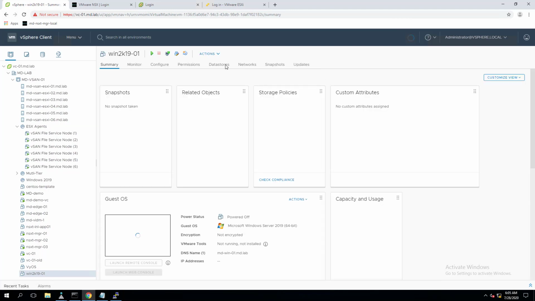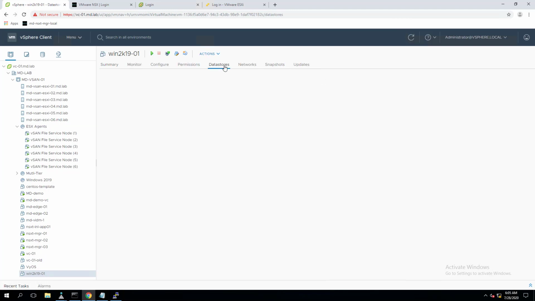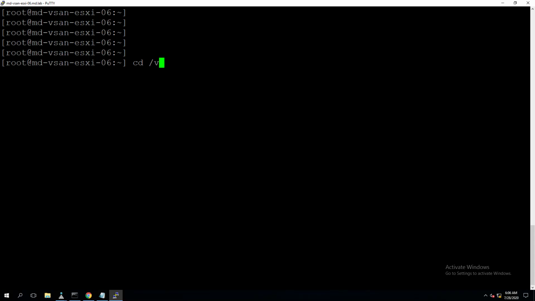There are some instances where we need to change the snapshot location. Imagine your datastore is running out of capacity, but you want to take a snapshot and store the snapshot files in a different location. This step will help here. So let's get started. Please do watch till the end to understand how we can change the default location.